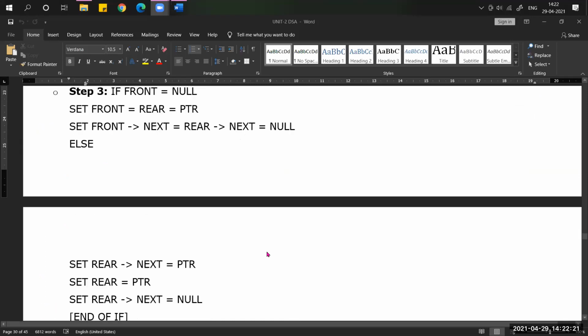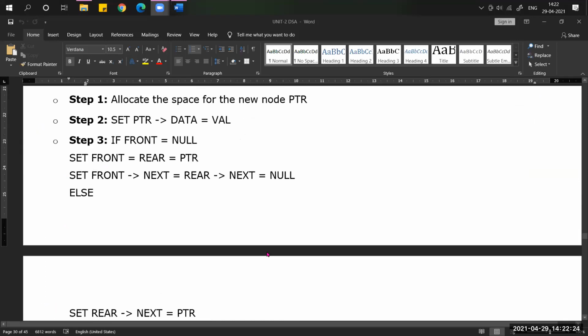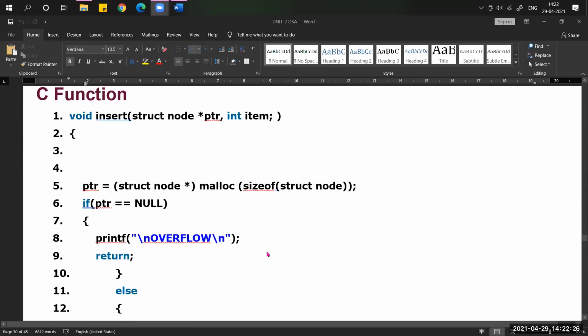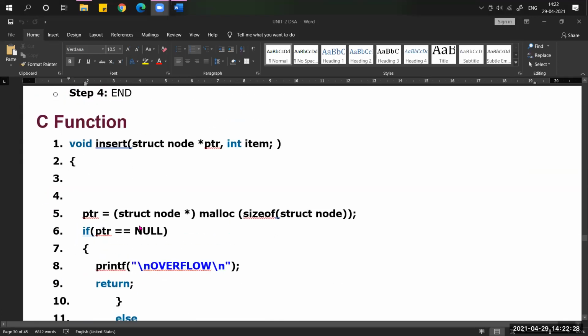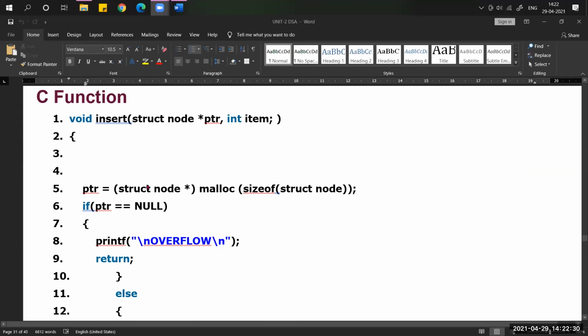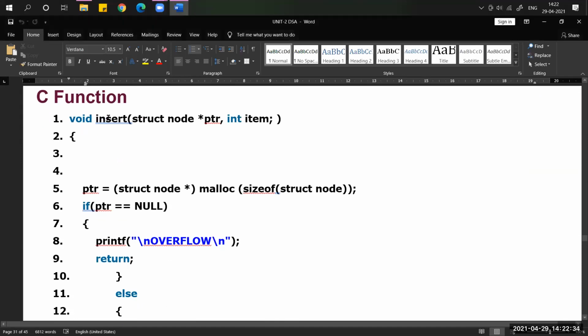This is the algorithm and this is the code. What is the code? The same thing I said, I just kept it in one function. What is the function name I took here? Insertion. Function name is insertion. So here I'm taking two parameters: one is data and another is PTR, the new node name. Now here I'm allocating memory.